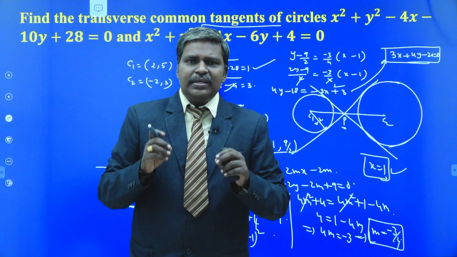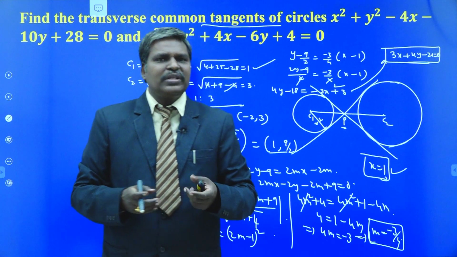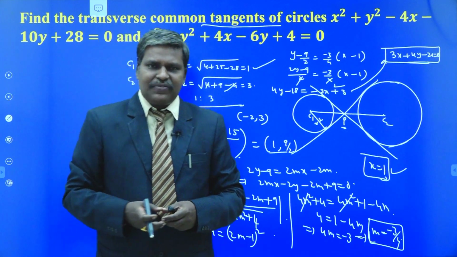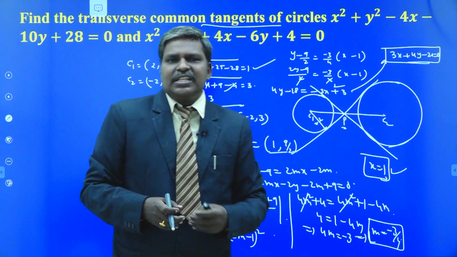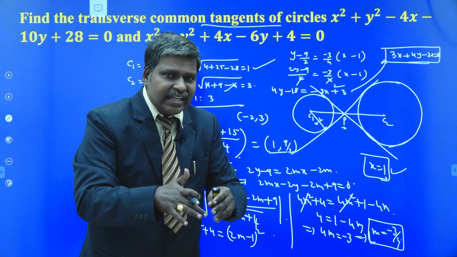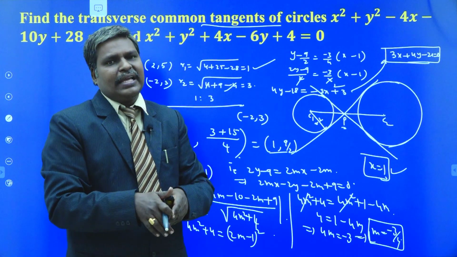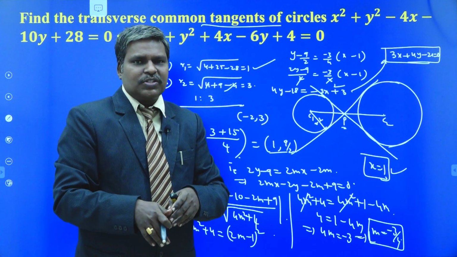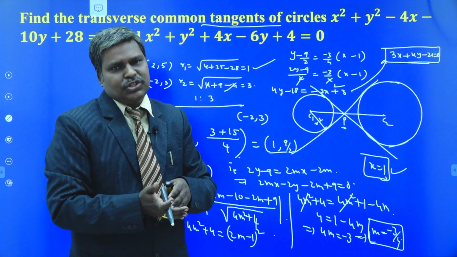After getting the point, you have to write some equation passing through that point. You have to write the equation of any line, that is of the form y minus y1 is equal to m into x minus x1. After getting that line, if it is a tangent, either direct or transverse, what is the role of tangent? Apply r equals d.